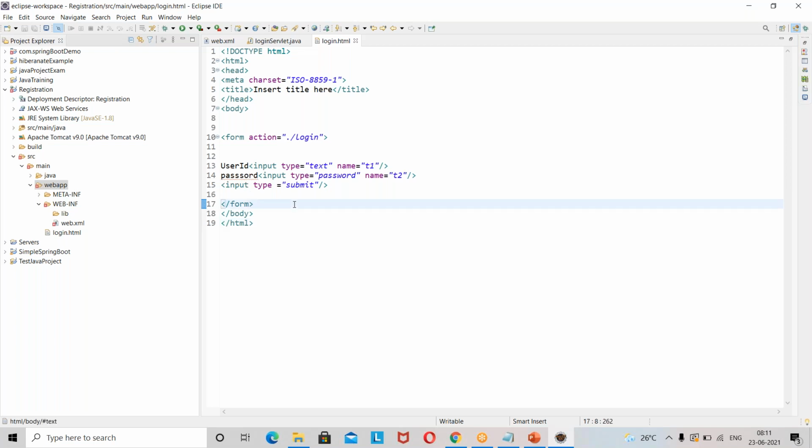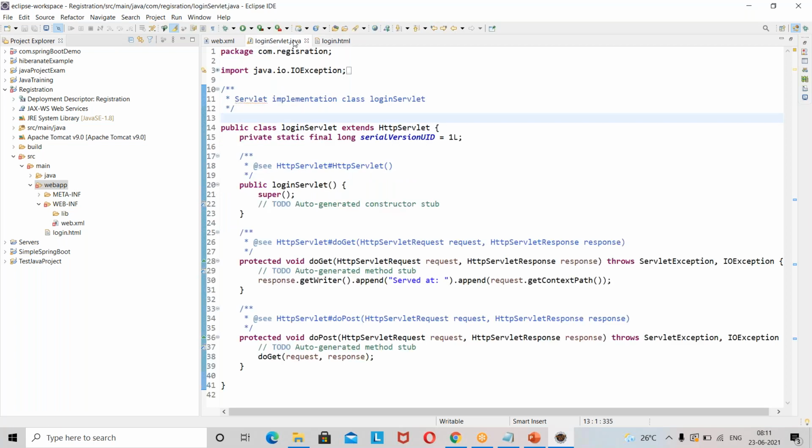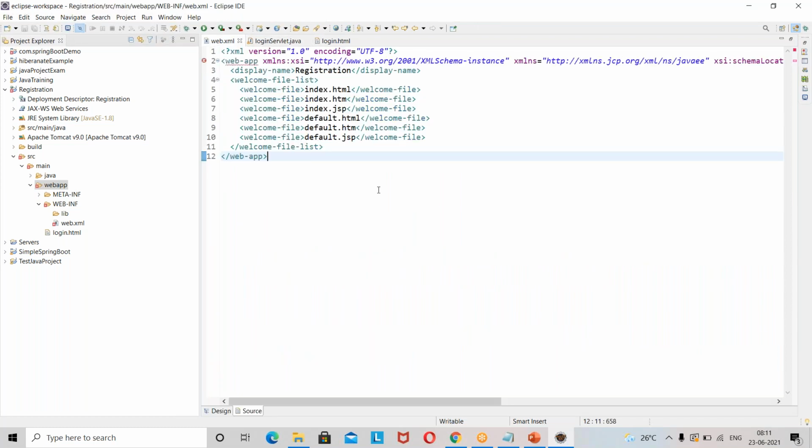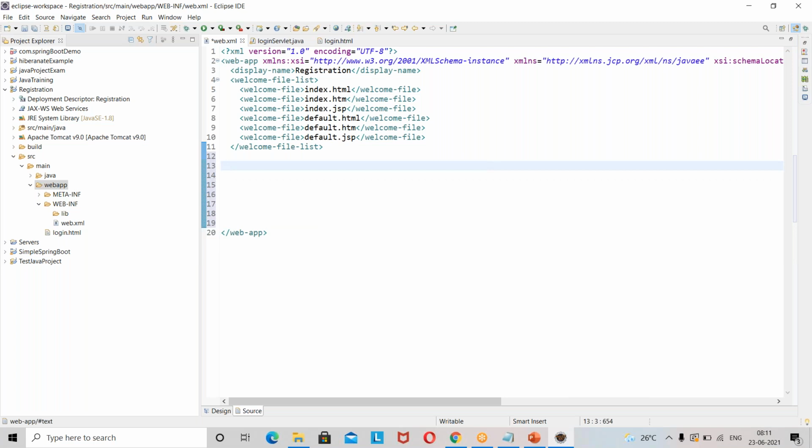When I click the submit button from this page, it needs to go to this servlet. How will your container know that when the action is coming from login, it needs to go to the login servlet? It is because of web.xml, where we do that configuration: if the action is from this, it needs to go to this servlet. How do we define it? With two tags under web.xml, servlet and servlet mapping, with servlet name under that. You will write these things under that.